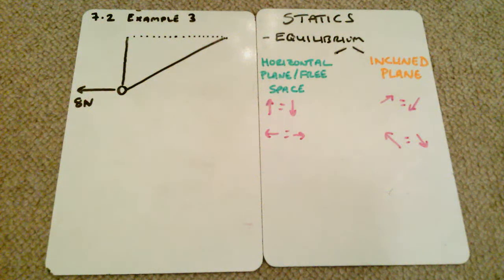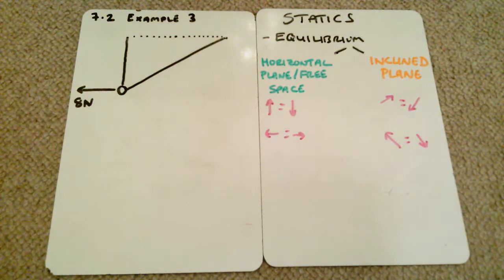Hello everyone, today we're going to be continuing looking at statics and equilibrium when dealing with horizontal planes and free space and also inclined planes. Now we're going to be looking at two examples from the Edexcel A-Level Maths Applied Book 2, specifically chapter 7.2